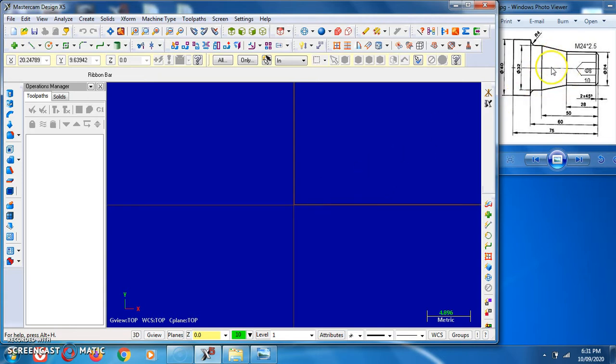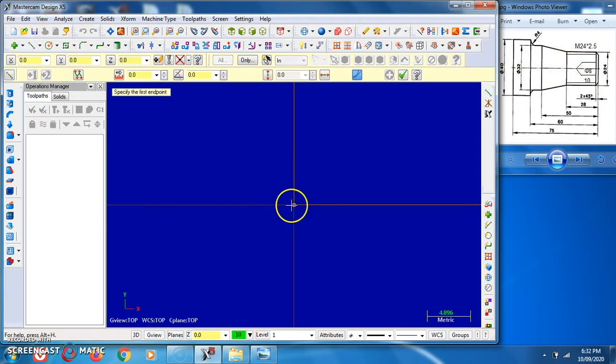Then we do the modeling of this given component, half portion of this component in the first quadrant. So we start the modeling actually from the 0 point. Remember that whenever from the 0 point we are moving in a rightward direction, we have to use the angle of 0 degree. When moving in an upward direction, 90 degree, downward direction 270 degree and leftward direction 180 degree. Along with this we work in the top plane.